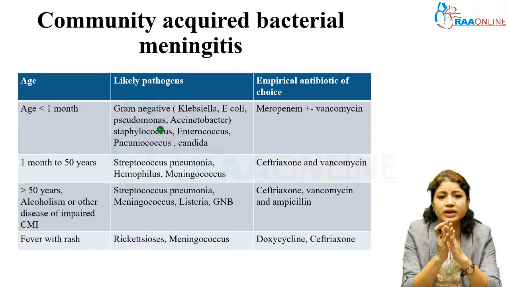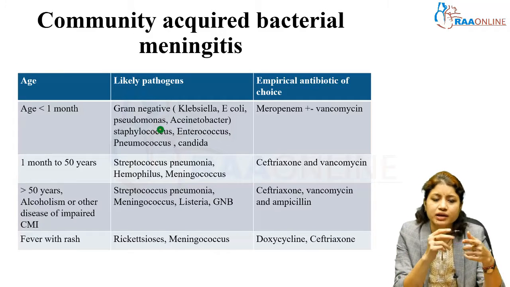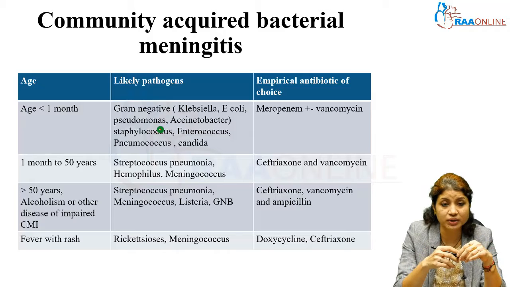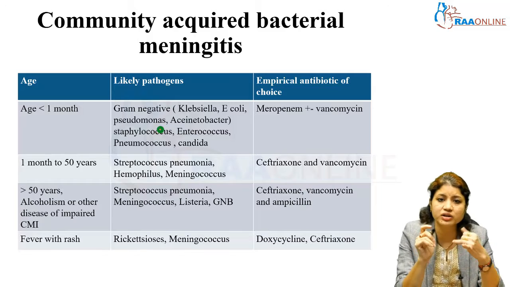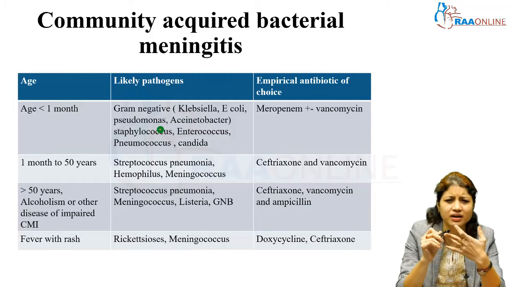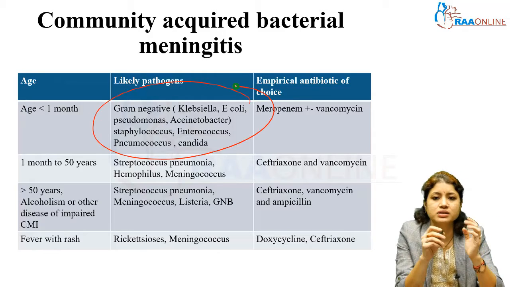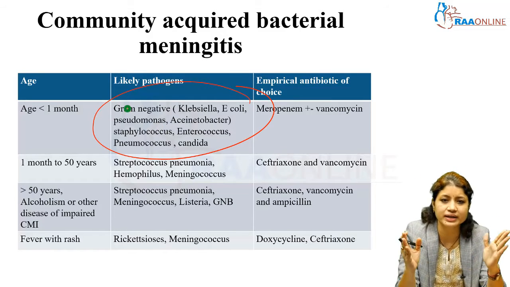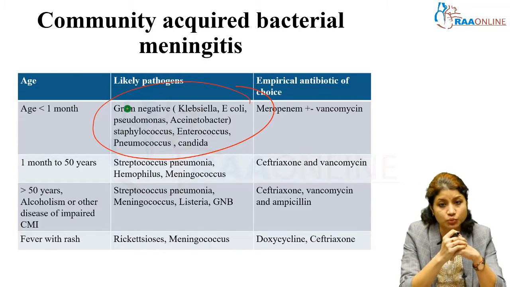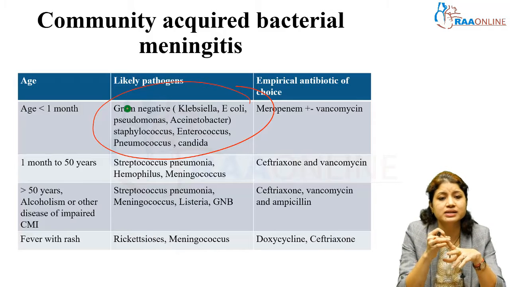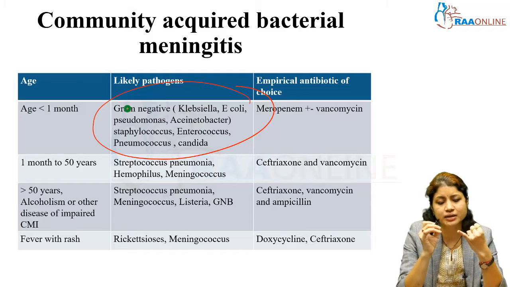seen. So in general, if you want to divide or want to know the most common organisms, if it is pediatric, age less than 1 month, it's not like adults. The pediatrics do not behave like adults. They have an entire spectrum of gram-positive, gram-negative, candida, like anything can happen in pediatrics. So the organism spectrum in pediatrics is widely varied, coming from a GNB to a gram-positive as well as pneumococcus and fungus. Whereas in children from 1 month to adults of up to 5 years, as discussed earlier, it is